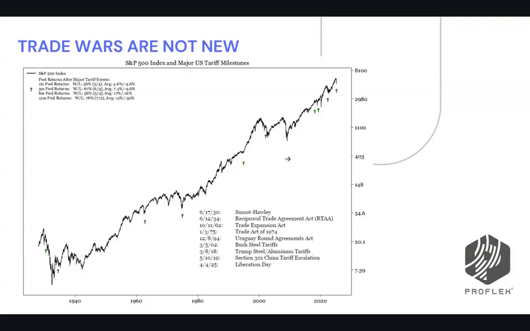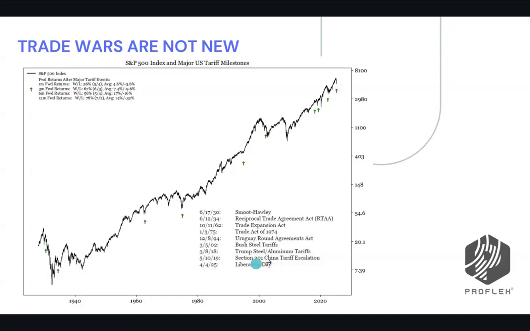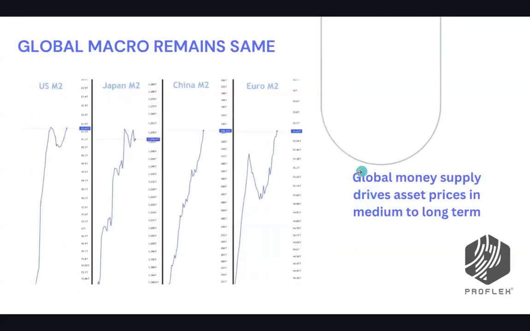We can talk about COVID being one of the biggest issues, which also created a dip. But before that, even in Trump's first term, we had the steel and aluminum tariff. We had similar, not at the scale which he is doing now, but there were tariff escalations, and the market had reacted negatively. In short, I think nothing is going to change, and we can discuss more if people have questions. But the basic idea here is that these are just opportunities in the market.